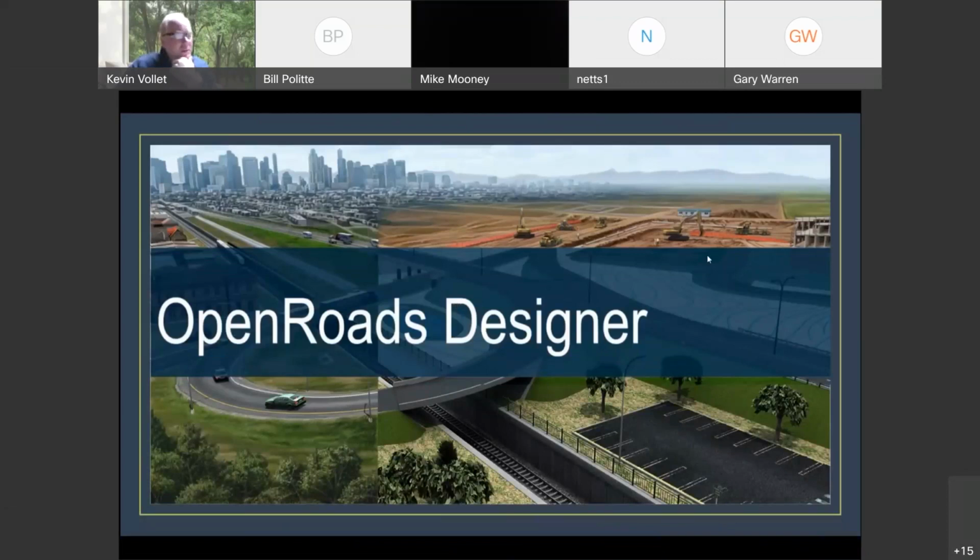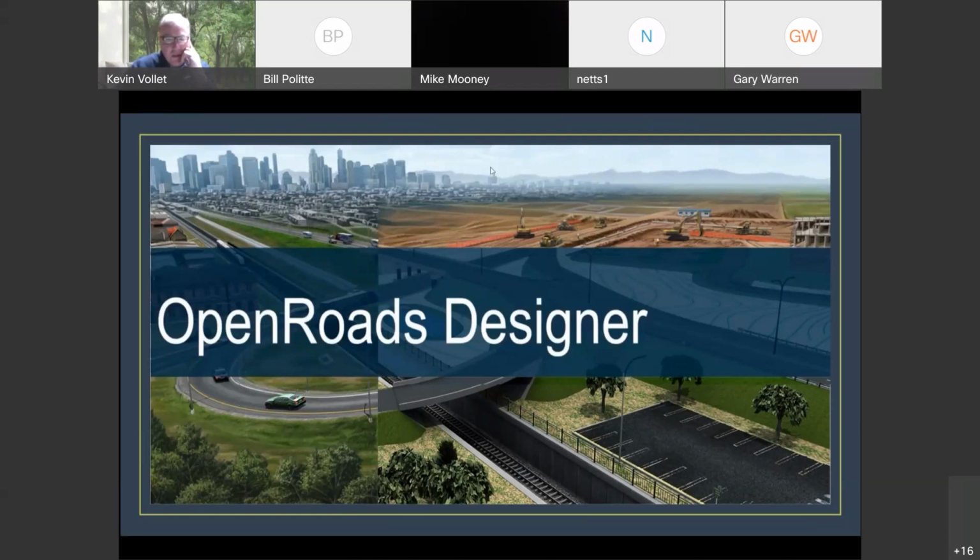Okay, so my update is going to be on OpenRoads Designer. As you all know, we've been working on this for a long time, and there have been a lot of issues with OpenRoads Designer that we've kind of outweighed Bentley. Bentley wanted us to go a lot sooner, but we felt it would be frustrating to you all if we went when they wanted us to. Most of the issues that we have identified with Bentley, they've fixed for us, and we believe it's good to go.